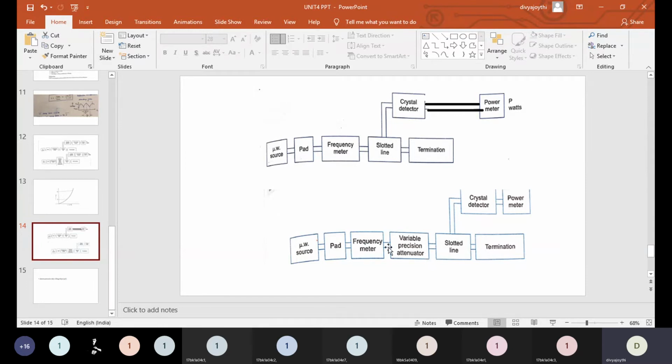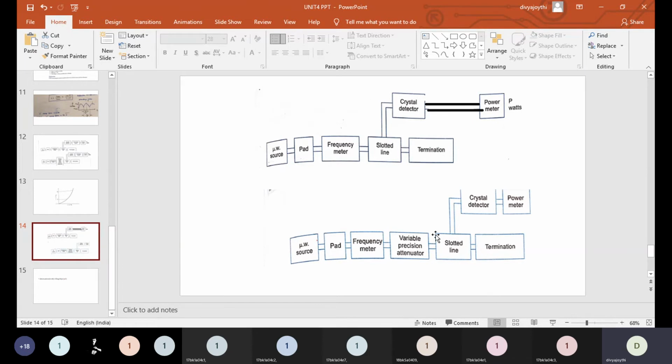Now here you need to vary your attenuator in such a way that setup 2 should also provide 5 watts. Until you get the 5 watts of power, you keep varying your attenuation. Once at one particular value of the variable attenuator you get that 5 watts, you stop varying it at that value. The attenuator value at which you got the same power as setup 1 is the attenuation that you have measured using the RF substitution method.